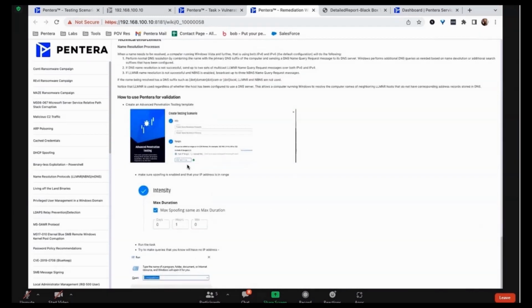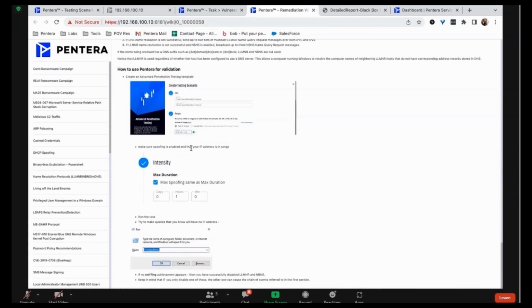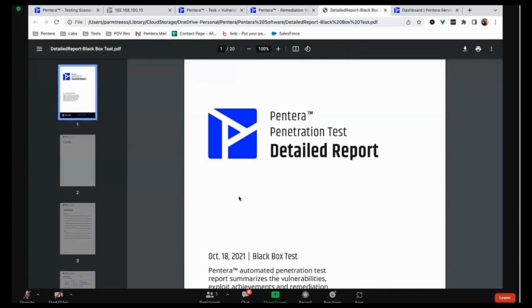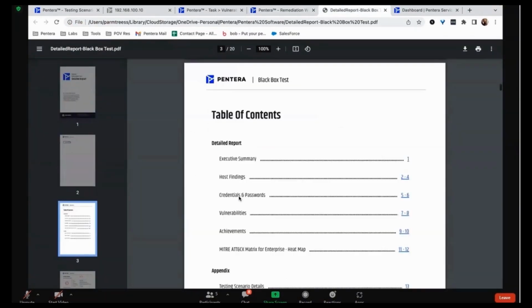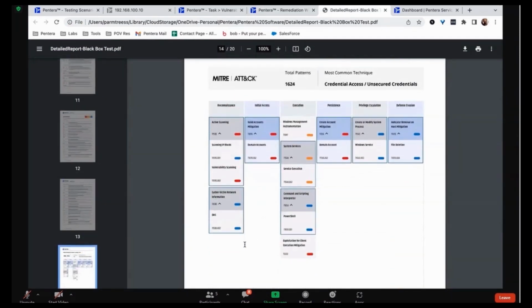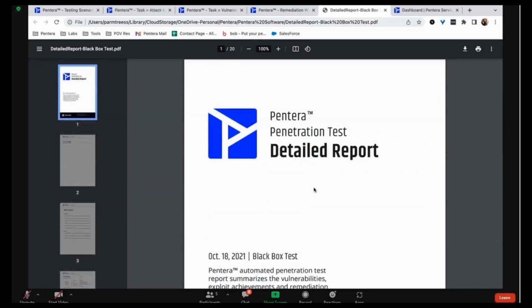And then we also have a technical enforcement. How do you check to see if the remediation method actually worked? Did it work the way it's intended? Did it reduce your overall exposure and risk? And then finally, the pen test wouldn't be complete without a report. As Kirk mentioned, we give you 2 levels of report, an executive level report and a detailed level report. And again, everything we do is aligned to the MITRE ATT&CK framework. So if you want to verify and check those TTPs, we have them all heat mapped here for you from reconnaissance all the way over to data exfiltration and which ones were utilized in your environment. But all in all, that is the internal side of Pentera.